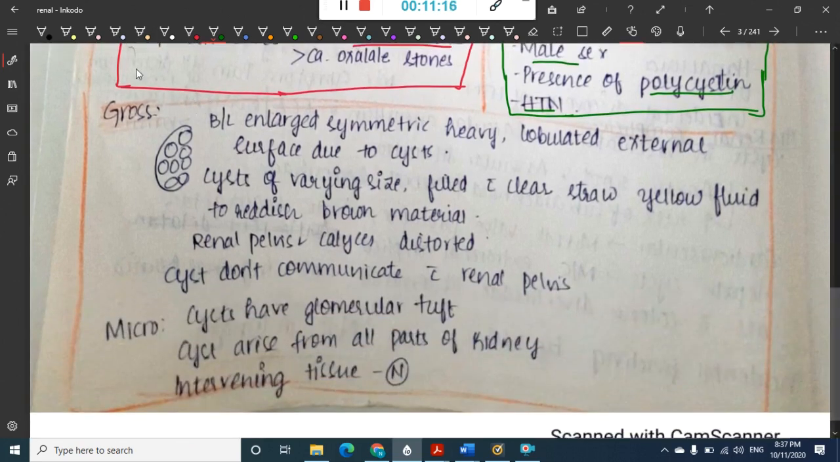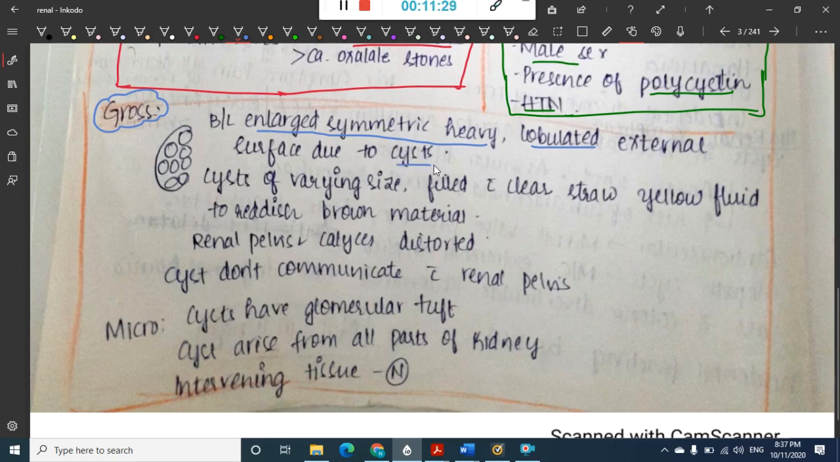Then what do you see grossly? How do you see this polycystic kidney disease grossly? I have shown you the gross image already. In that you see bilaterally symmetrical, heavy, lobulated kidneys. Even on the external surface you see cysts. These cysts are of varying sizes. This is important. They are of varying sizes and filled with clear straw colored fluid,